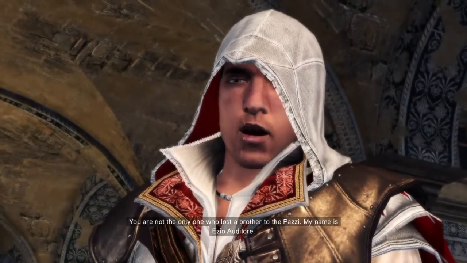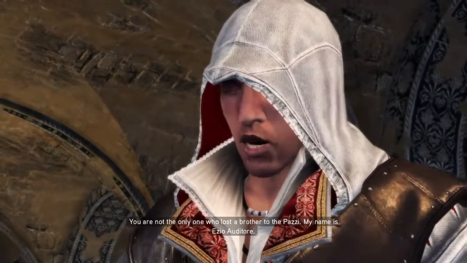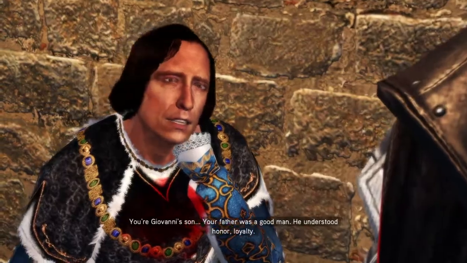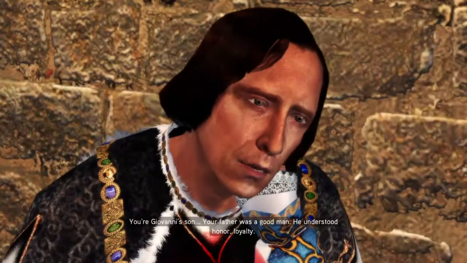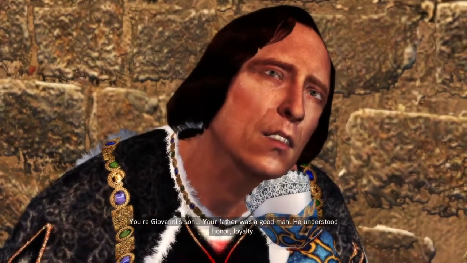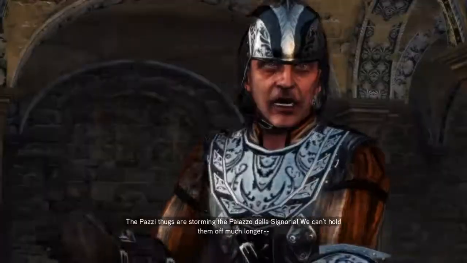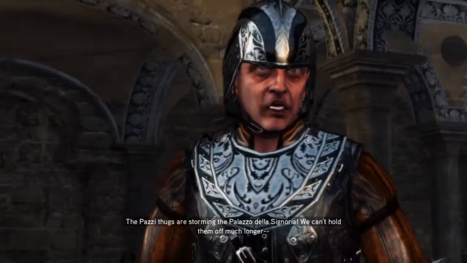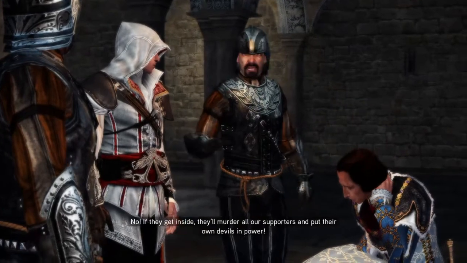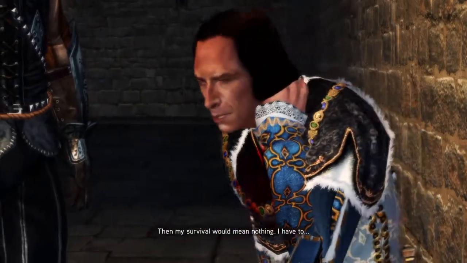You are not the only one who lost a brother to the Pazzi. My name is Ezio Auditore. Ah, you're Giovanni's son. Your father was a good man. He understood honor, loyalty. The Pazzi thugs are storming the Palazzo della Signoria! We cannot hold them off much longer! No. If they get inside, they'll murder our supporters and put their own devils in power. Then my survival would mean nothing. I have to...